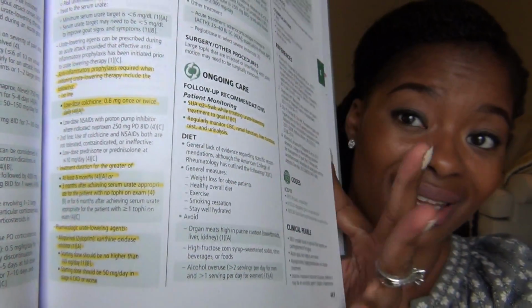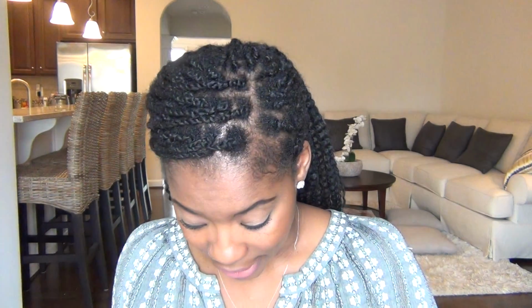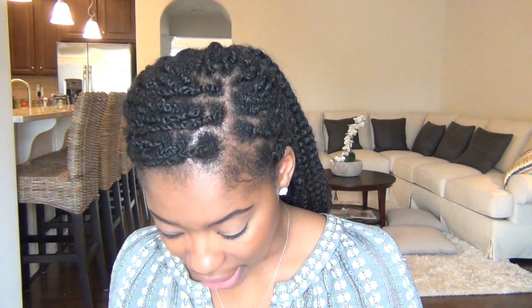on gout, because I was actually looking at gout for one of my patients. And yeah, it was just amazing how quickly I could look this up. I could read the whole thing in about 5 minutes or so, and I loved that actually. And then after treatments, it goes on to ongoing care and follow-up recommendations as far as